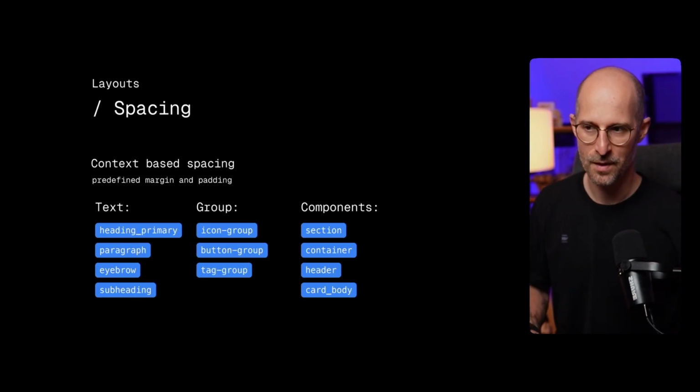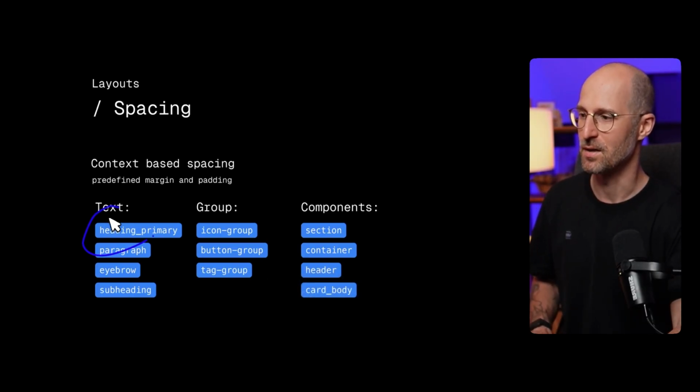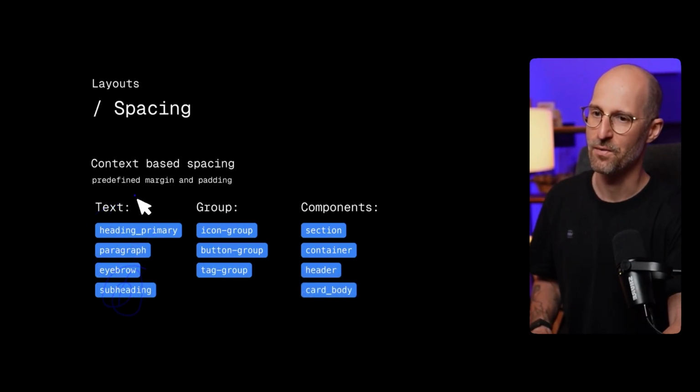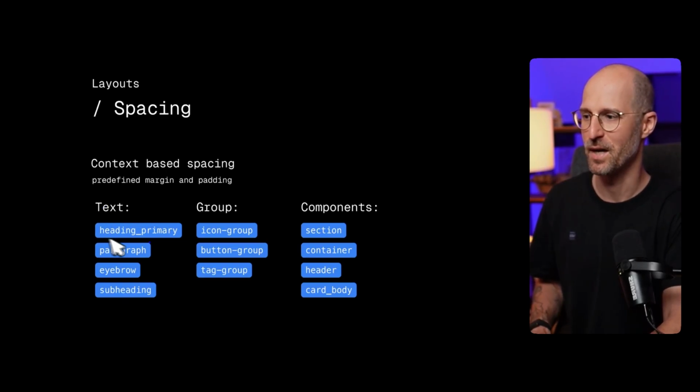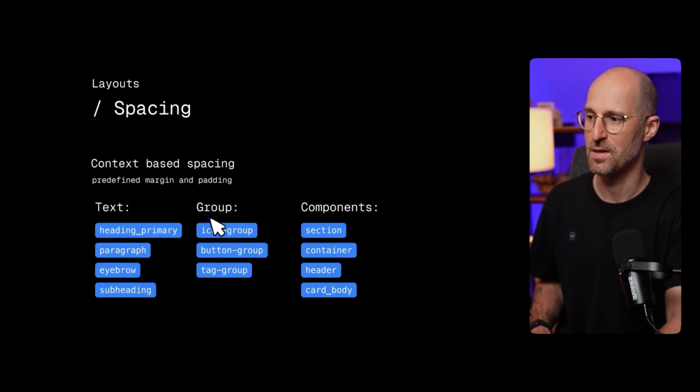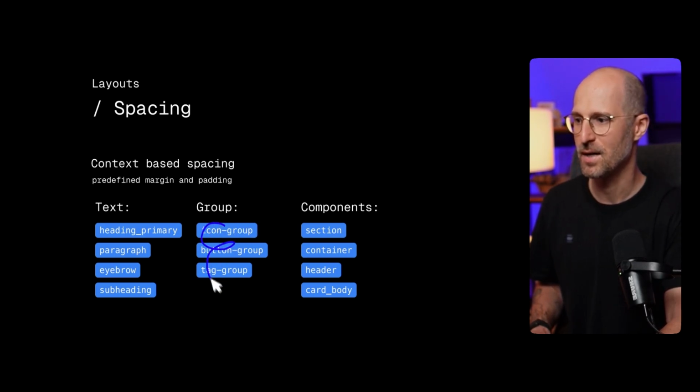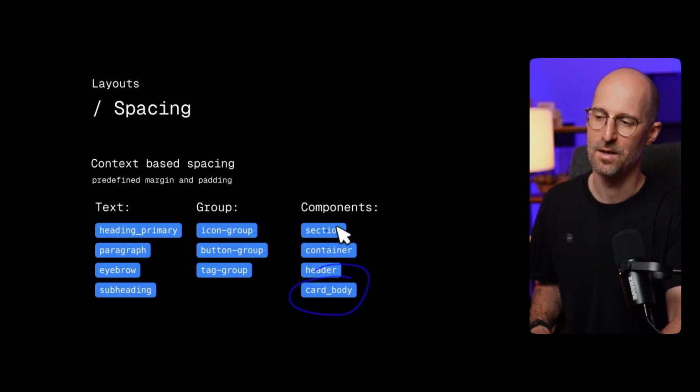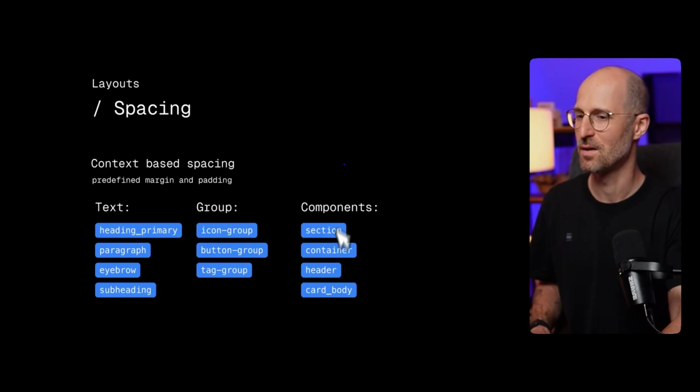What does it mean? It means that all the headings, paragraph, eyebrow, subheadings, they have their own spacing. So whenever you add a class like heading primary, you don't need to worry about margin or distance to another element. Or if you see the paragraph, it always has its own spacing to another element, and eyebrow and subheading. Same comes with groups. Any groups like icon, button, or tag, they all use different margins and spacing between elements, and same for components. Section, container, header, card body, those are all using special spacing, and let's check how it